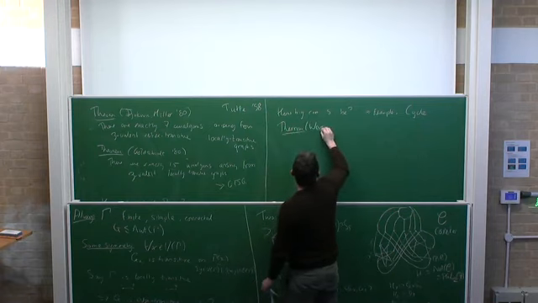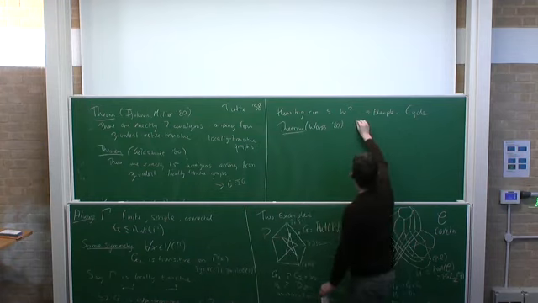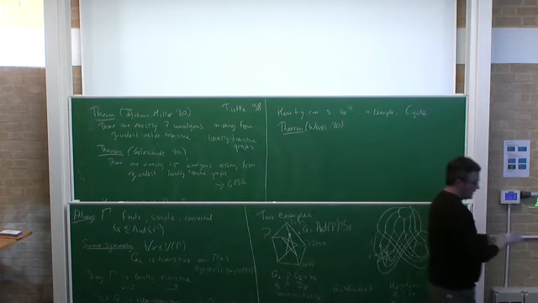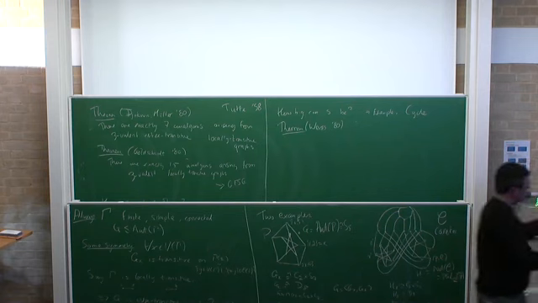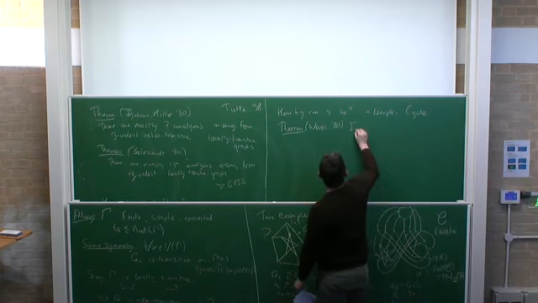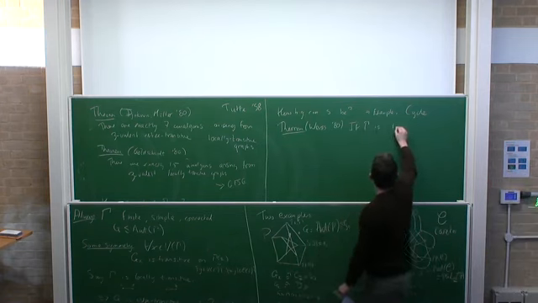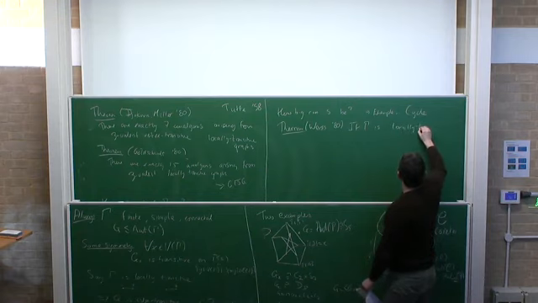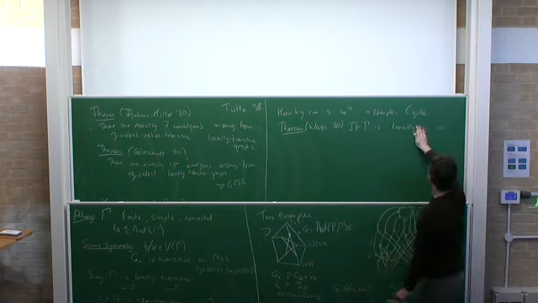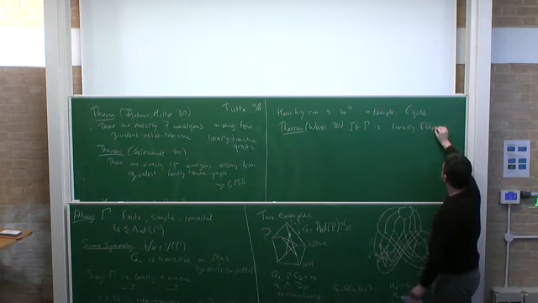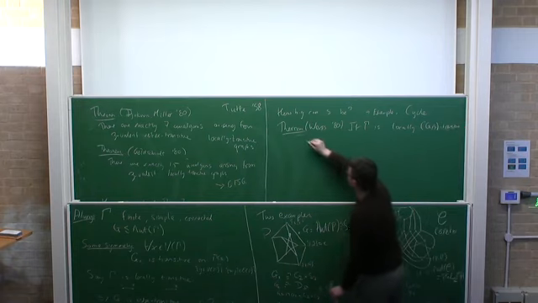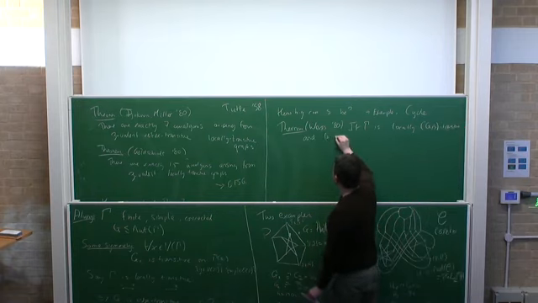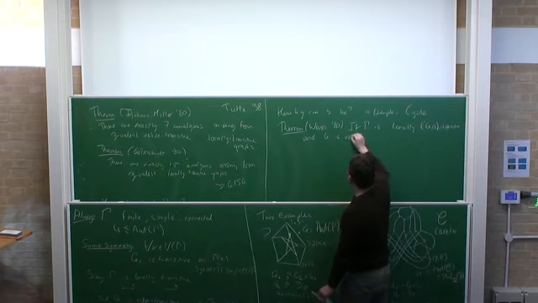So Richard Weiss proved in 1980 that if gamma is locally transitive, we said I was going to call this locally (G,S)-transitive, and G is additionally vertex transitive,